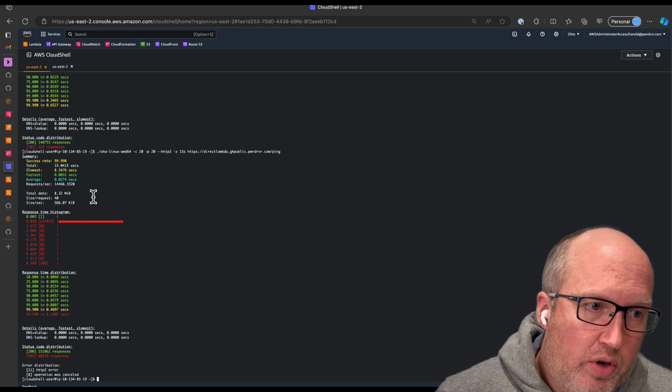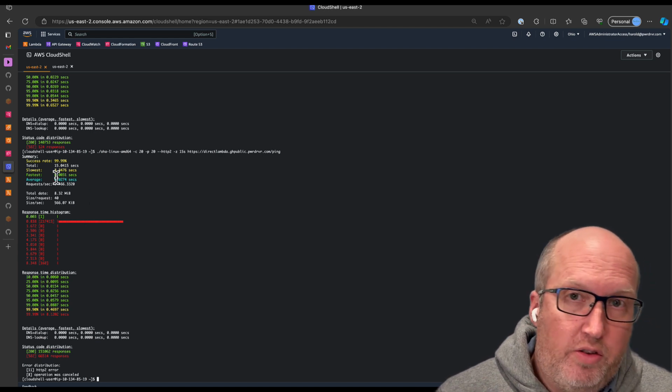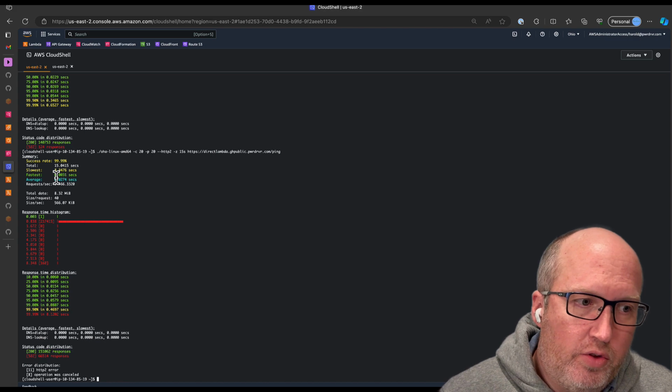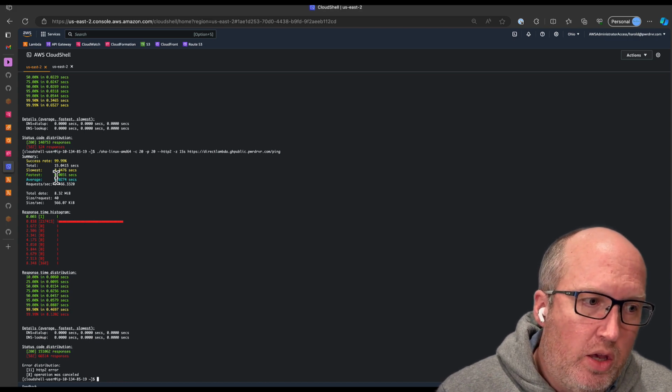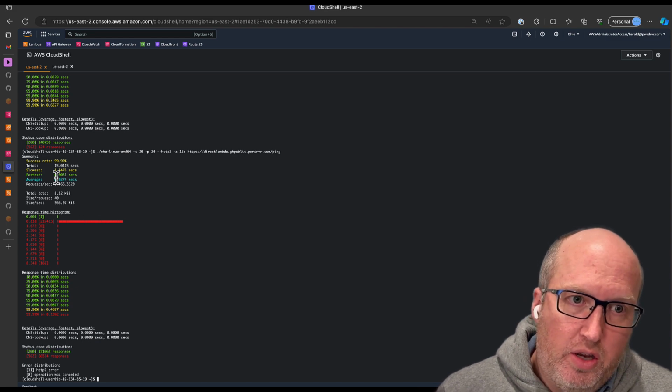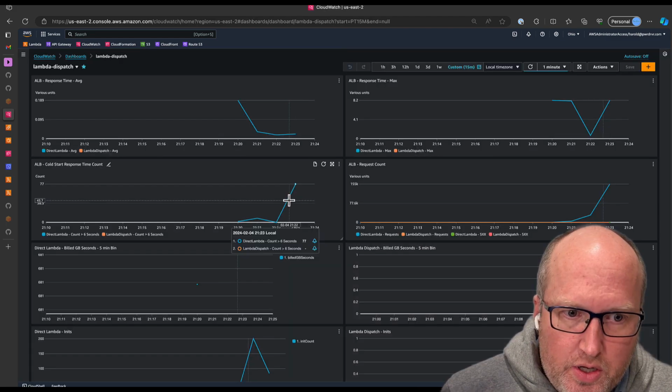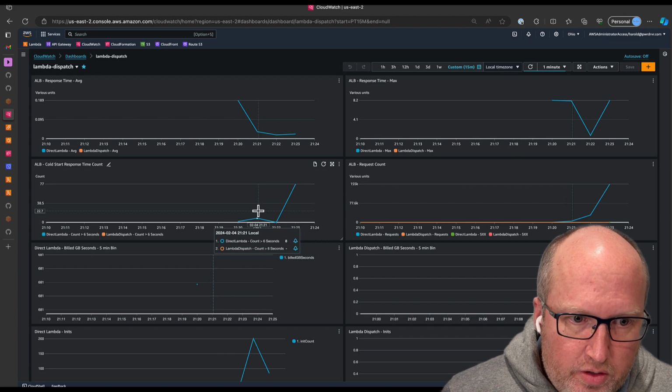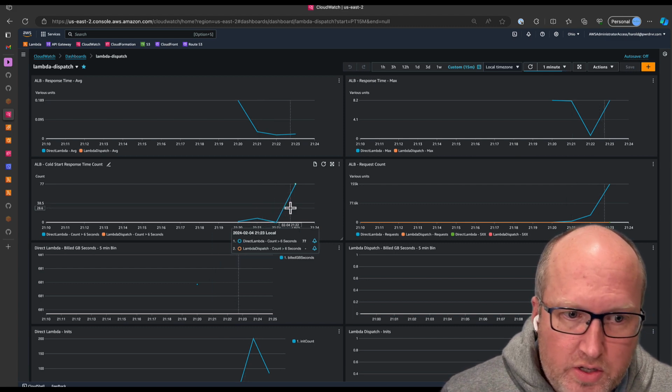We wait for a cold starting instance, and if your application has a long cold start time relative to the average response time, it can cause a very large number of Lambdas to start up and then immediately not be needed. We can see in our dashboard, we got 8 cold starts, then we got an additional 77 cold starts,